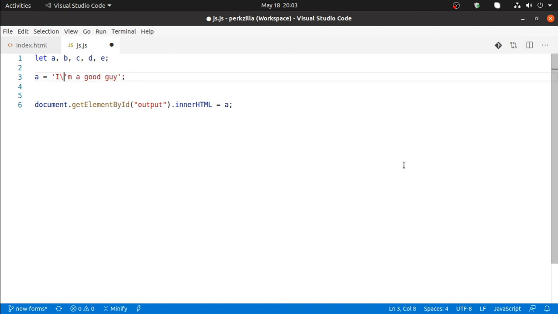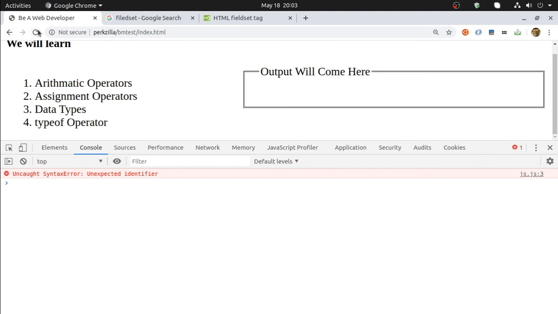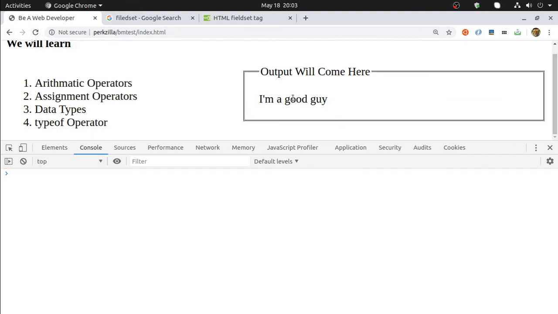Just put this slash, and this slash is telling my JavaScript that I do not want to use this apostrophe for closing the string, but I'm telling my JavaScript that this is my apostrophe, please ignore it. So my JavaScript will understand that this is the developer's apostrophe and it has to be ignored. So this is how I can display this thing.